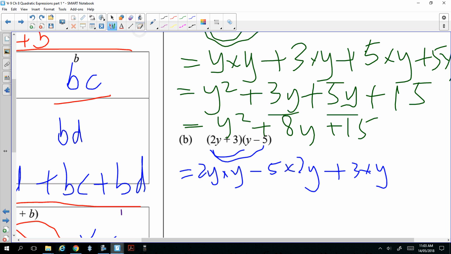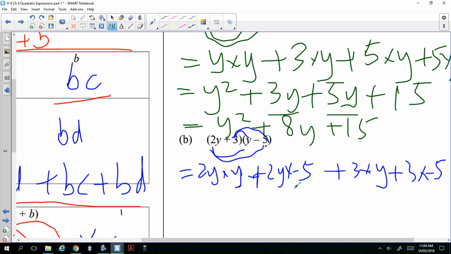You go like this. Hang on. Okay, so when you do this one, you go 2y times negative 5. So you just do a plus there, like 2y times negative 5. So it's always a plus. And the last one, you do 3 plus 3 times negative 5. Then there's no confusion. You always put a plus, but whatever that is, if it's a negative,